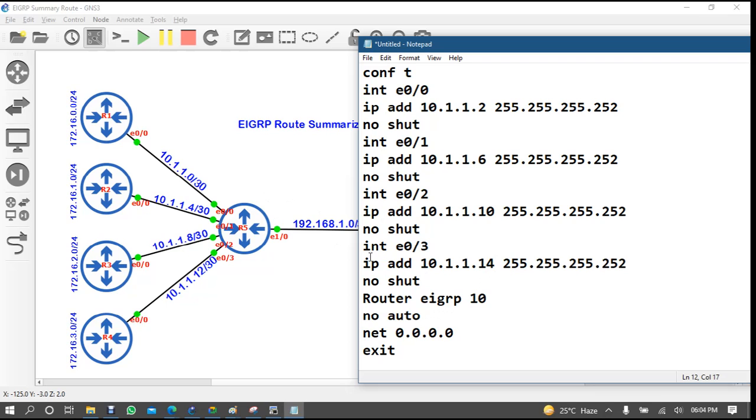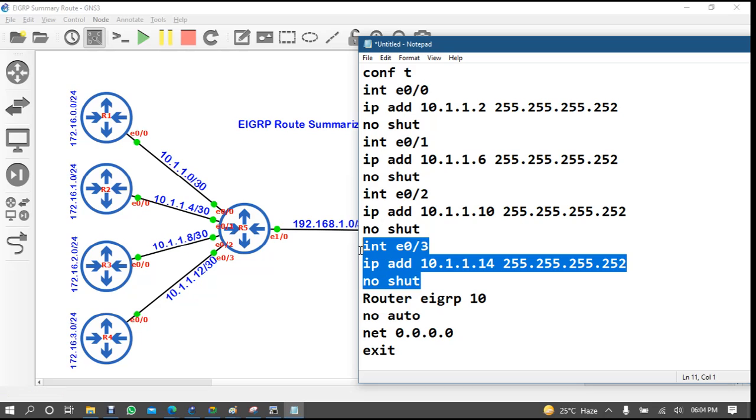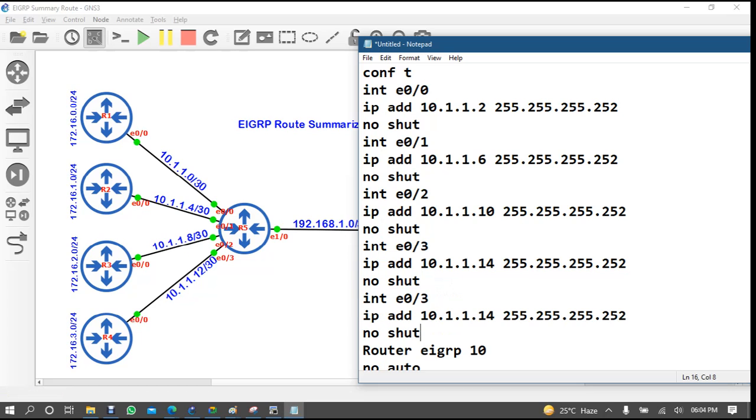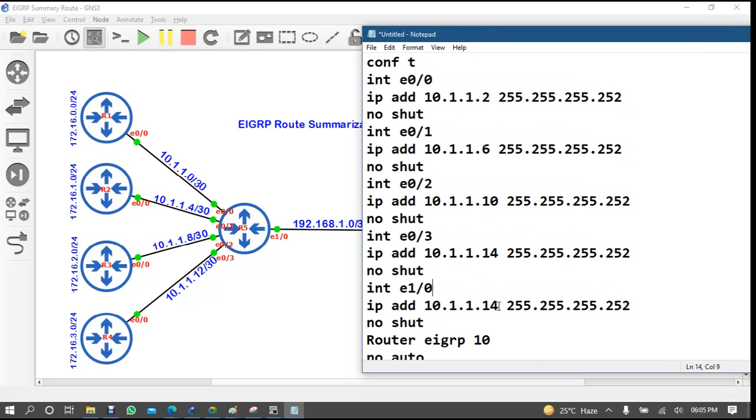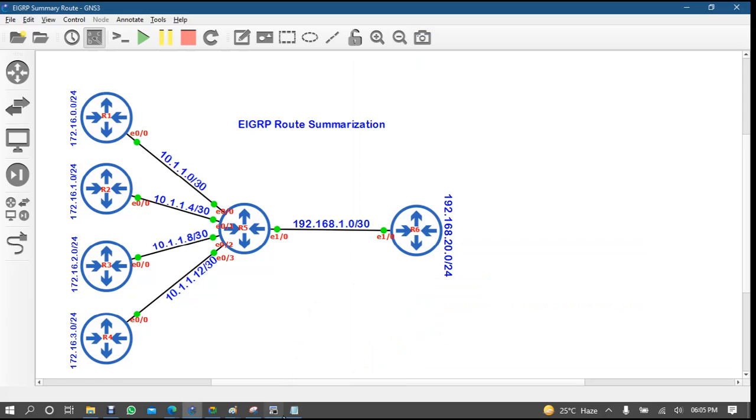EIGRP 10, one more interface E1 slash 0, and the IP address was 192.168.1.1. All is okay. Control A, C.